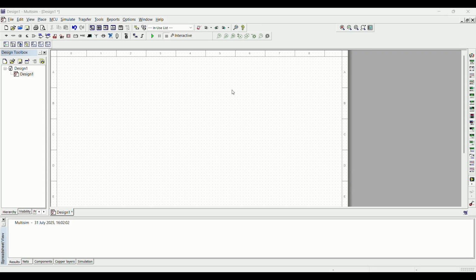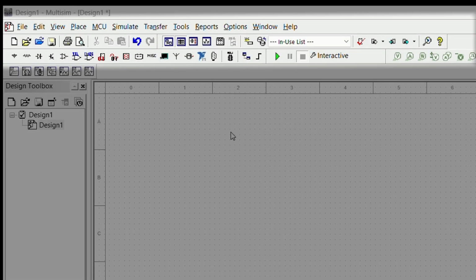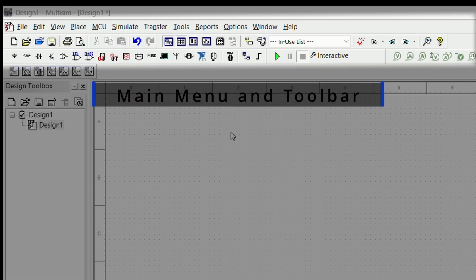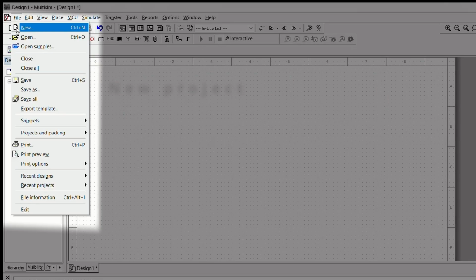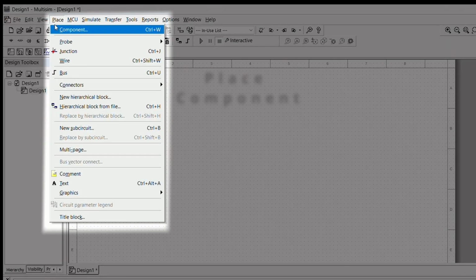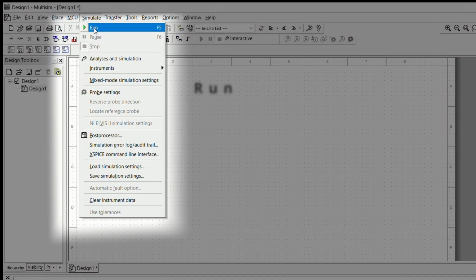Alright, once you open up Multisim, this is what you will see. At the top, you have got your main menu and toolbar. This is where you will find the options to create a new project, save your project, place components, run simulation, and many more.